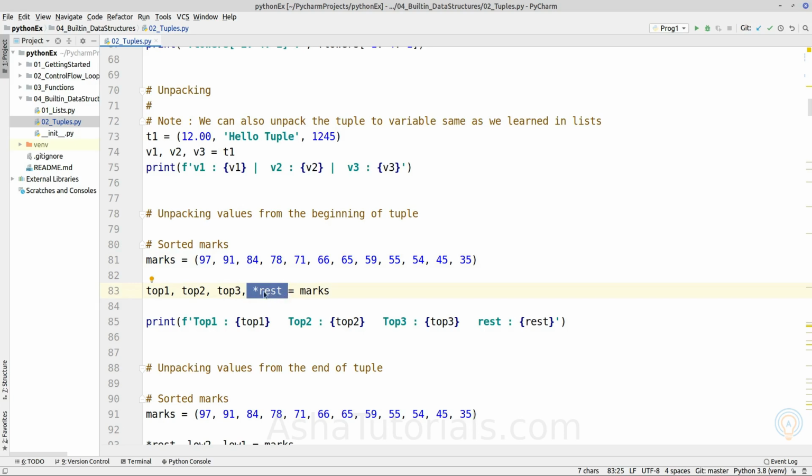So this star variable will contain the rest of the values, but here it will not return a tuple object. Instead it will return a list object out of the remaining values. So let's execute it and see the output.